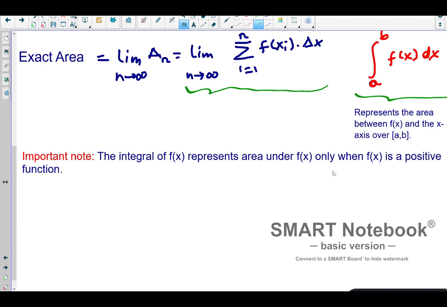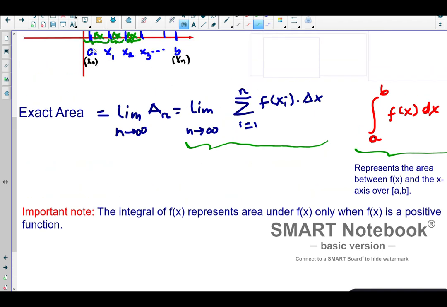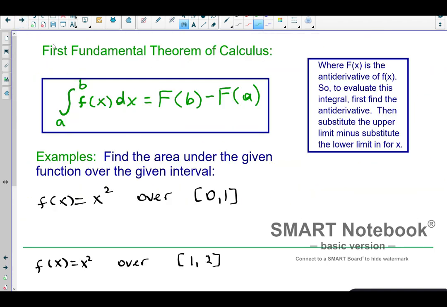Okay, now the question is, how do you evaluate that? Because in the past, we evaluated it with some cumbersome techniques. So here we go, the introduction of the theorem that will bring us the shortcut rules. It's named after Leibniz and Newton, who are believed to have contributed to the discovery of this famous theorem. So if you are trying to find the area from a to b of f of x dx,